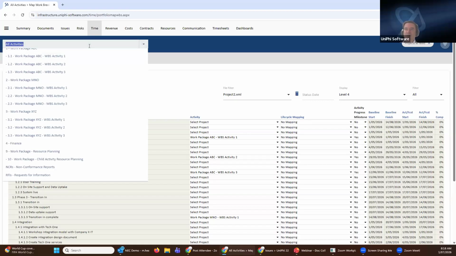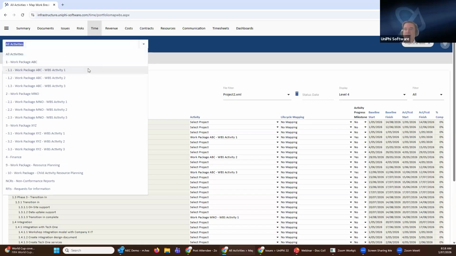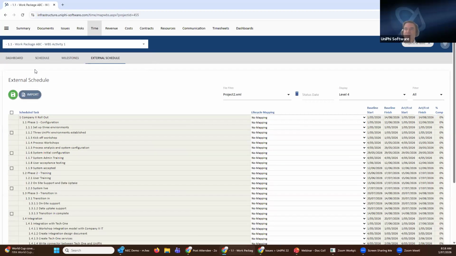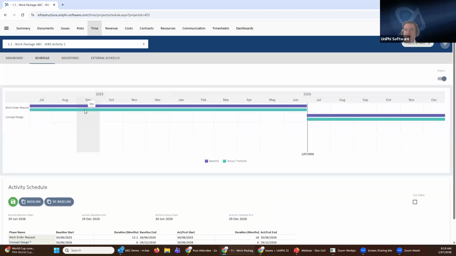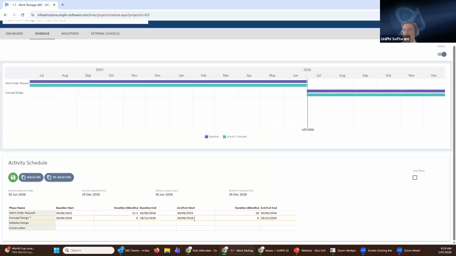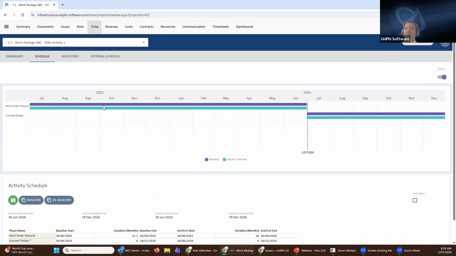However, if I was to look at it from a UniPhi perspective, and I just drill into this ABC activity, so now I'm going into specifics here, you'll see that there's a few other sub-navigations that come up here. And in this instance, we're not linking to anything in the schedule. If I go to the schedule, I will have those lifecycle phases that I can phase out.